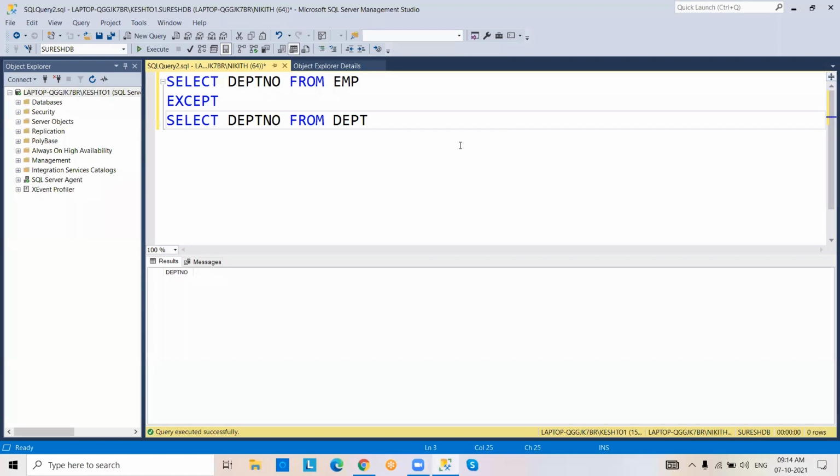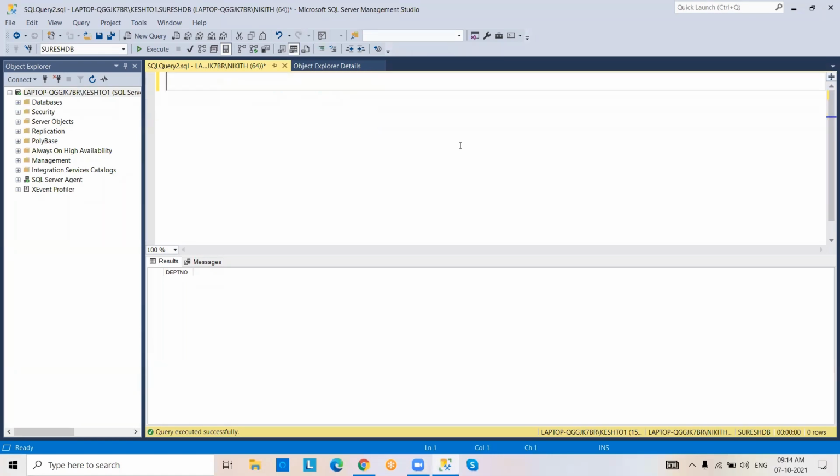Fine. So these come under set operators. After set operators, the distinct operator. Basically, distinct is used to retrieve unique data from the column.